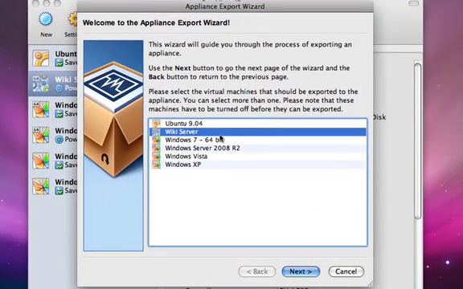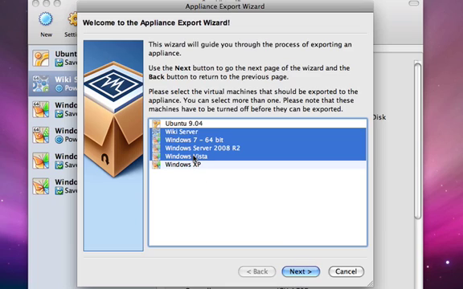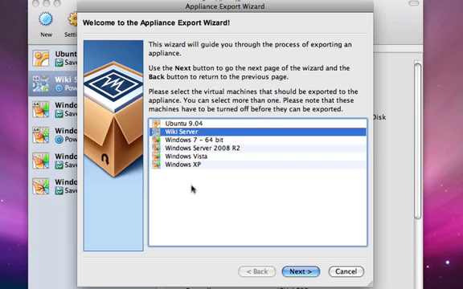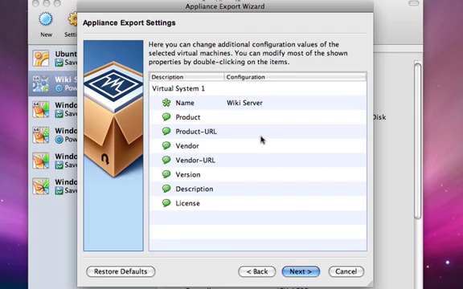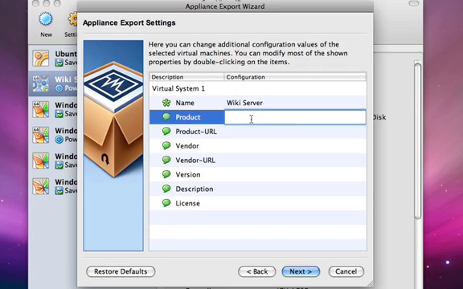So all we simply do is choose the virtual machine, which is our appliance, and note that there could be multiple machines here, because you may have, say, a multi-tiered application with a web server front end and a database at the back end. But in our example today, let's pretend that the wiki server is just a single machine. We are now asked, do we want to fill in some information here? So we can say this is Fat Bloke's wiki server